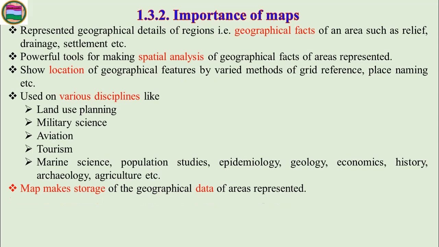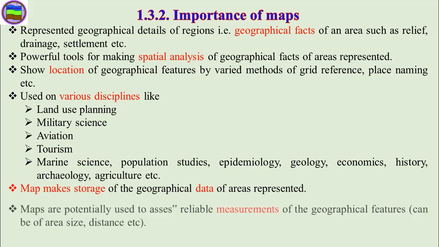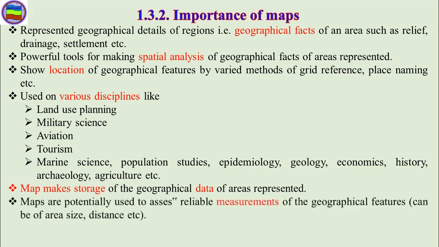Maps make storage of geographical data and representation of areas. Maps make storage, so we can develop different phenomena. The information can be stored in the format of maps. So maps are potentially used to assess reliable or accurate measurements of geographical features, such as area,